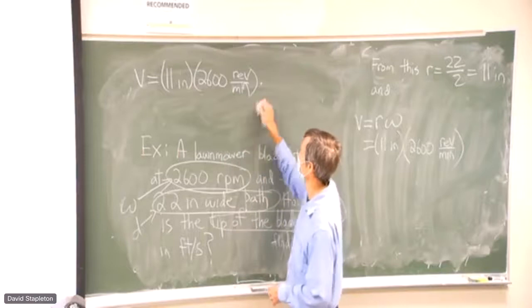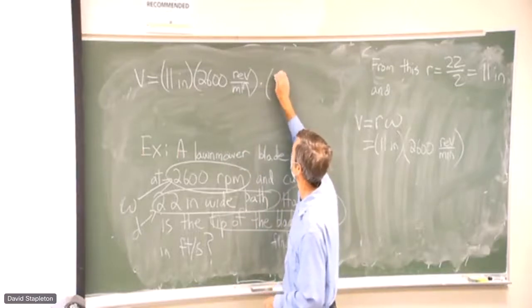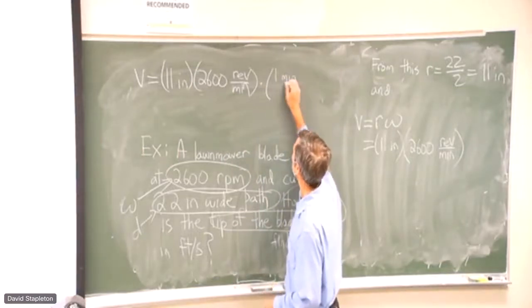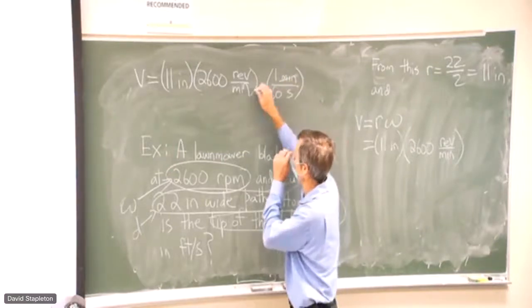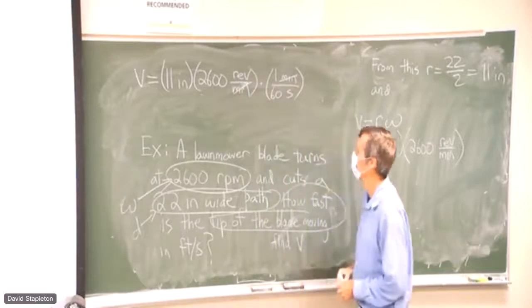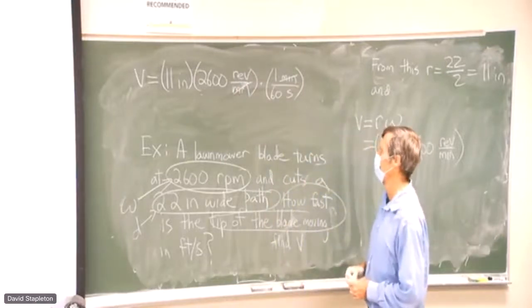Well, I need per second. So I'll multiply by 1 minute equals 60 seconds. I'm multiplying by 1, just converting the units. Now the minutes cancel. I have per second like that. And then I want feet per second, not inches